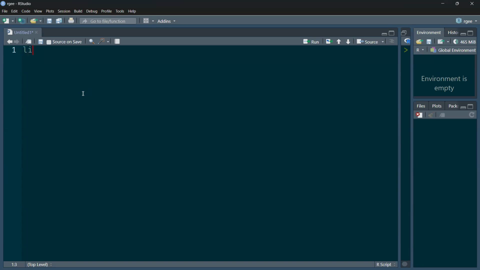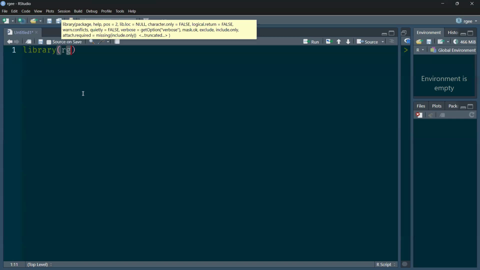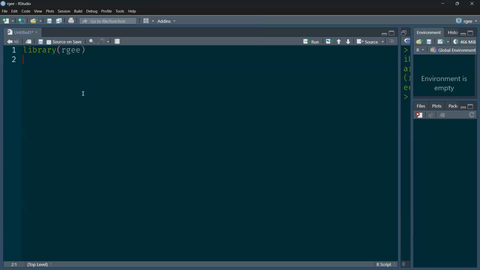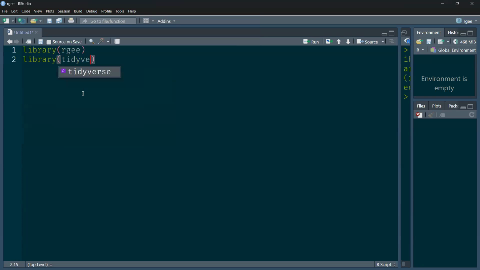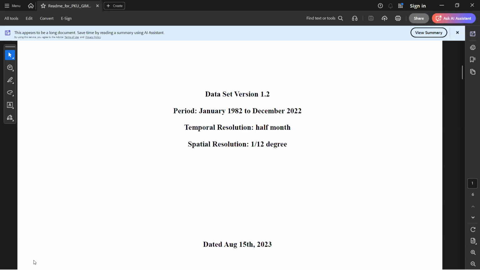As usual, we start by loading our library. So library rgee, and then library tidyverse. Why did I speak so much about this before we started coding? Because this was a special request from one of us, that we learn how to use this dataset, especially when it comes to cleaning it for the quality part. All right,